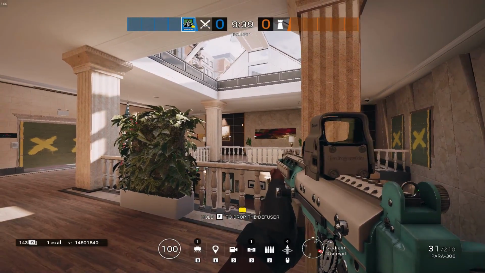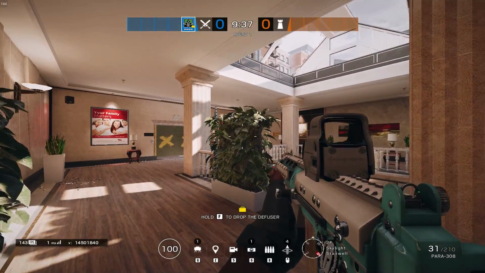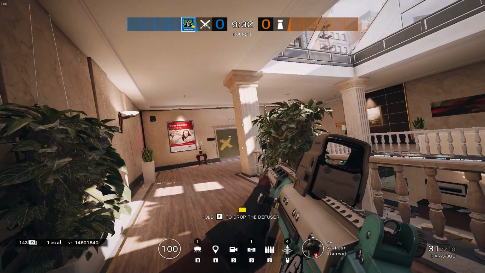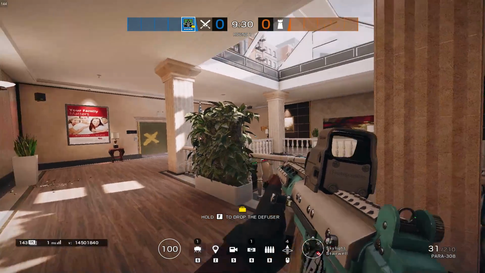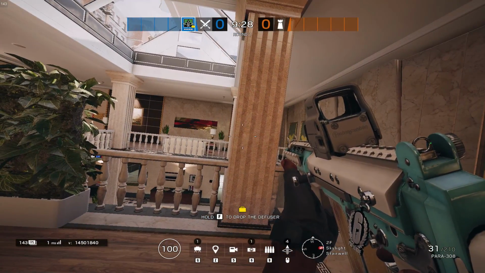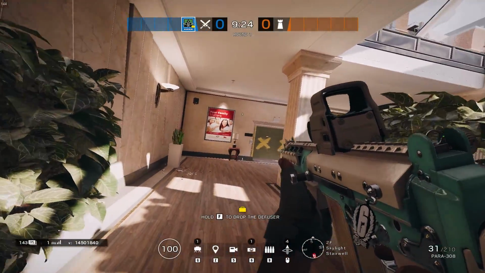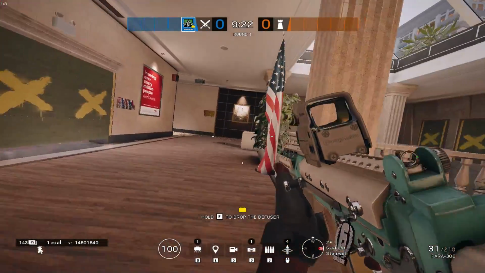Alright, so now here we are on the map of Bank. So I can go over some spots where you can kind of use Capitao, how you'd like to use them. I'll go over maybe one or two more maps as well. On a few spots I feel like you can use some angles or maybe teach you some places you may not have known about. But up here, I like to use him on Bank a lot as well,